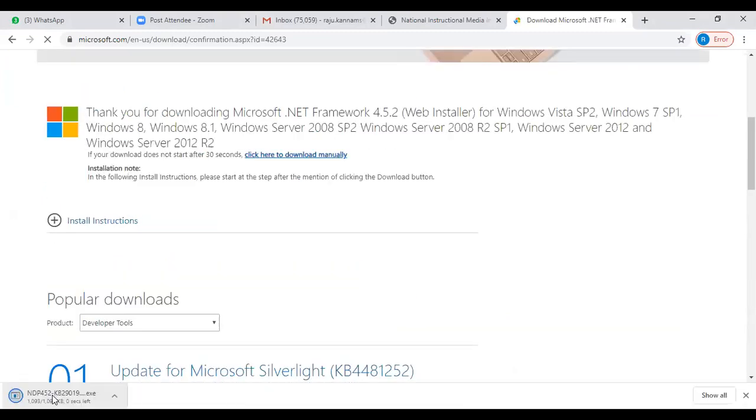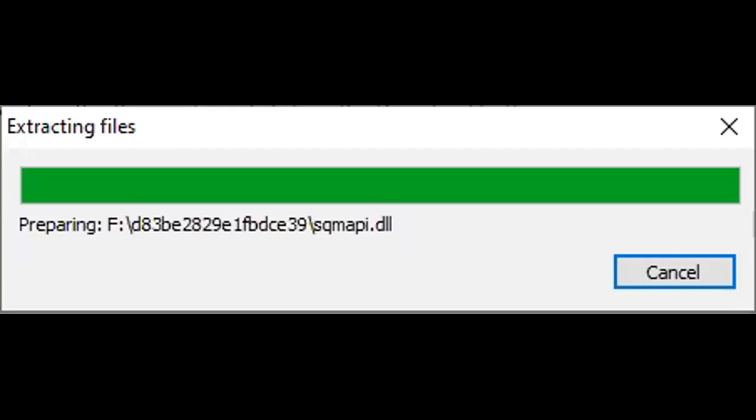Since in my computer it is already installed, when I try to install it will tell that your .NET is updated, and it won't be installed again. So this is your first step.